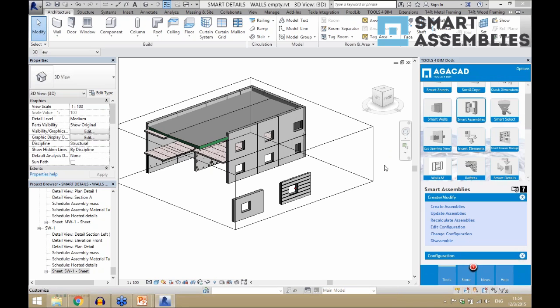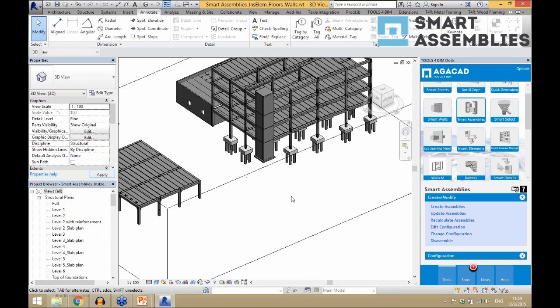Is there any more questions, Ansas? Oh, I see the question about reinforcement. So to insert reinforcement, you have to do it manually with just Revit commands or Revit extension maybe. But in workshop drawings you can use configurations to dimension your reinforcement. Sorry, I don't have this example, but